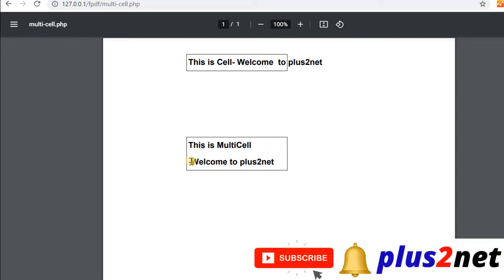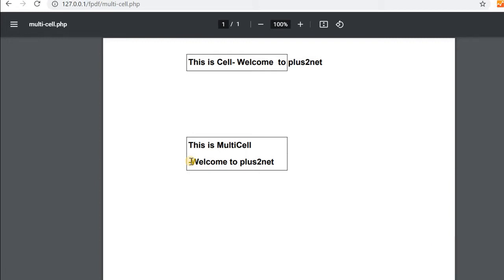Now the height has increased. So the advantage of multi-cell is that the text inside it can increase the depth or the height of the cell and wrap around inside the cell. So it is easy for us when we are displaying a long amount of text or we are not sure how much text is going to be displayed; there it is better to use multi-cell.